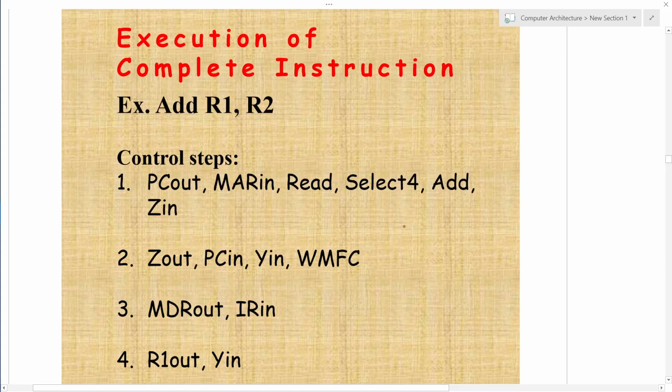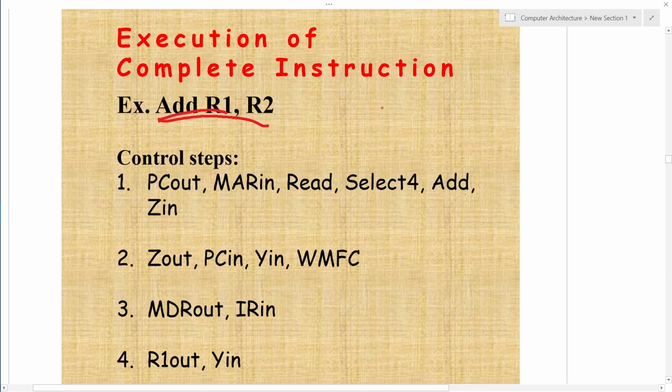So now we have to discuss the complete instruction execution. In complete instruction execution, first the instruction is available. This instruction is available in a memory location, and the address of that memory location is available in PC.